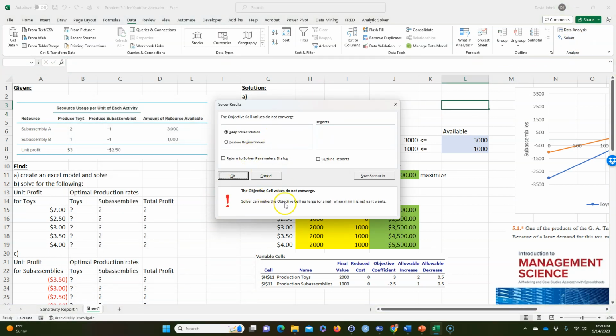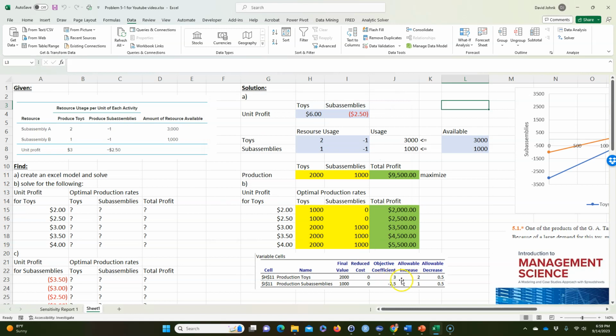It gives me a problem, right? I can't even solve it. It won't converge on an answer. So around 5 is the most you can go. The reason I say around 5 is because sometimes it might be 5.01, 4.99. It kind of depends. This is not an exact solution. It's iterative. It's solving it